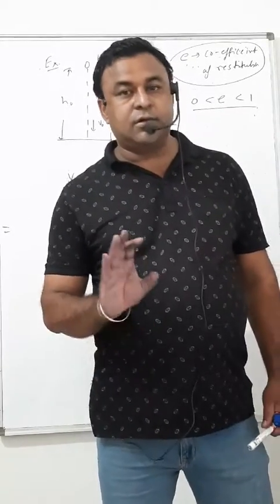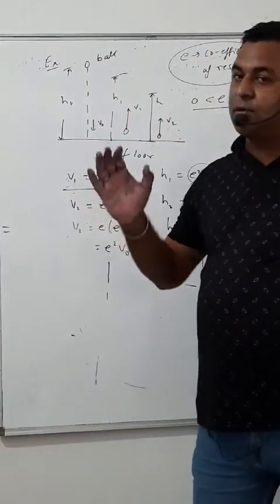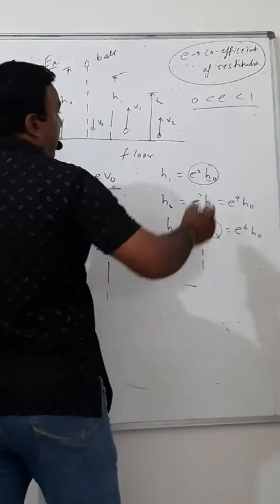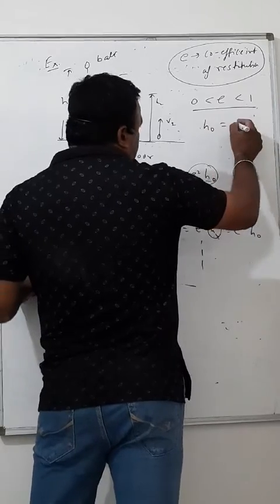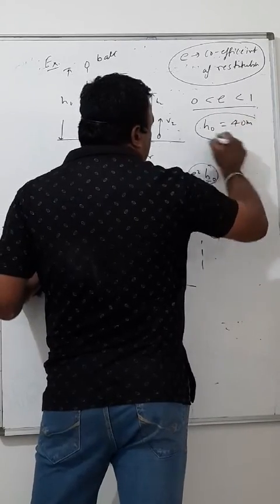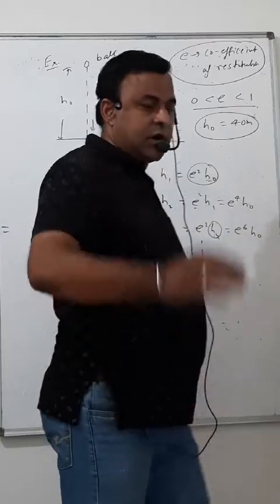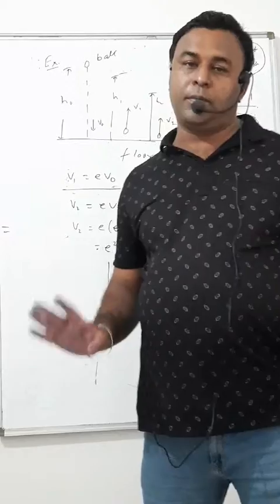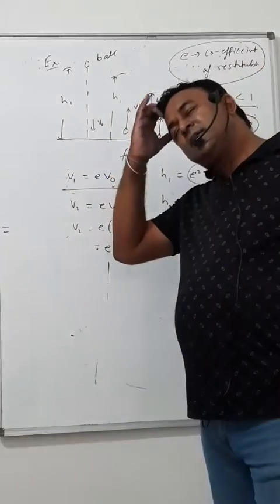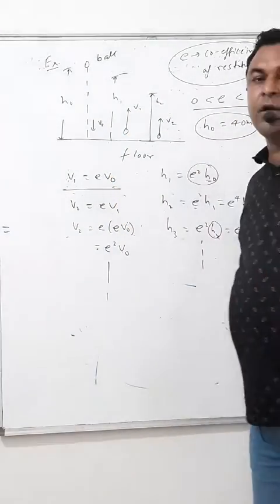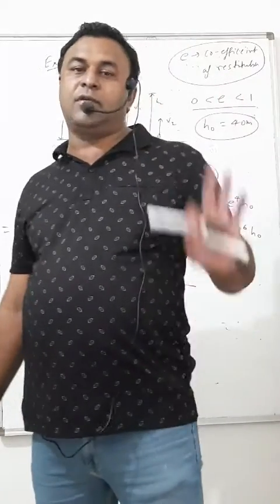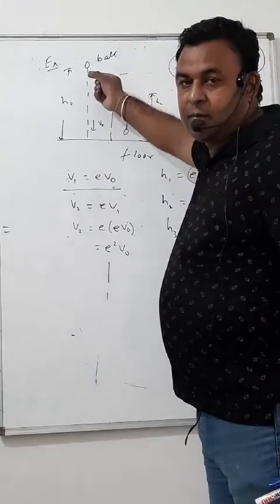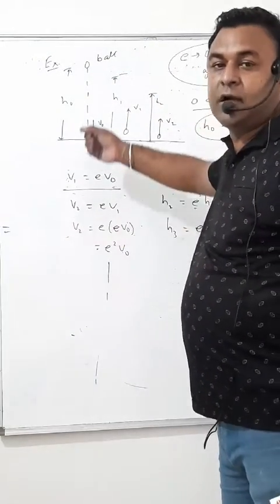Now, there is a common question. You can understand this question now. If this ball is dropped from a height H0, for example, say 40 meters, then it bounces back, slows, and finally it stops. So the question is: before stopping, how much distance is traveled in vertical direction? Means it comes down 40 meters, then it goes up suppose 30 meters, then comes down 30 meters, then goes up 20 meters.